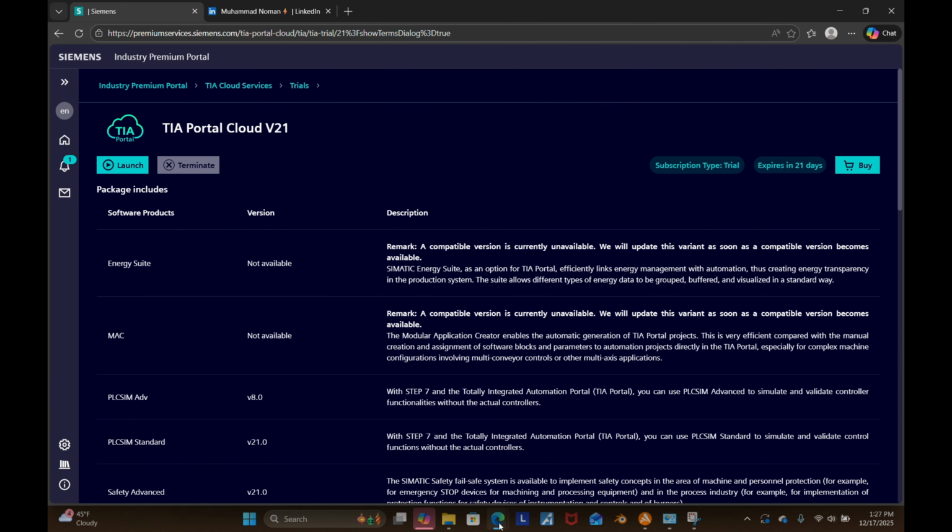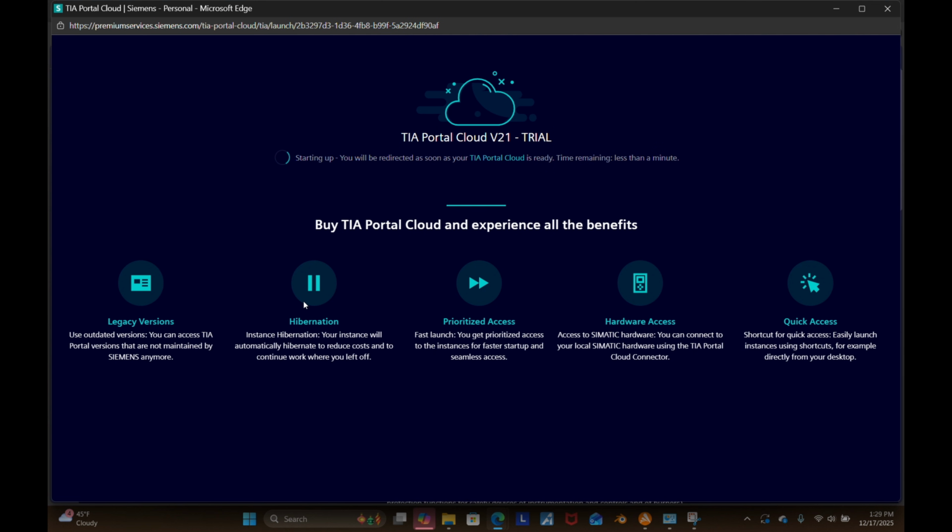So in the meantime, let's see if it is already open. How to use the software: a very basic tutorial where I would just write a simple code and then we would simulate it with the help of a simulator that's available within the TIA Portal Cloud version 21. In this specific machine that you're going to see, it's actually going to be a VM which would contain all the important software, that you can not only gain access to, you can try for 21 days